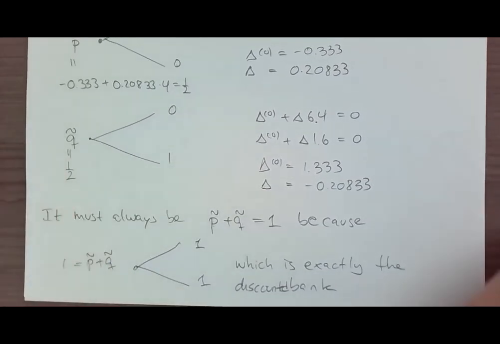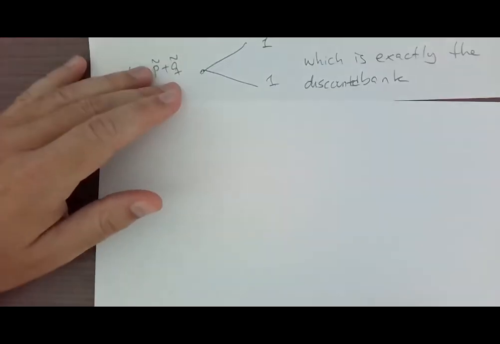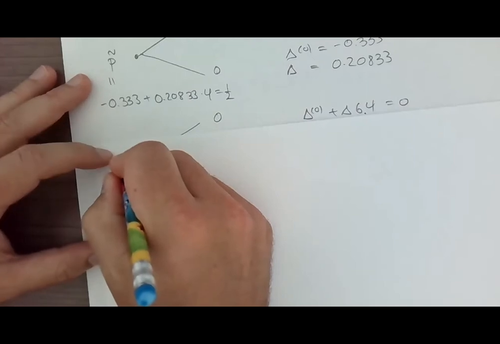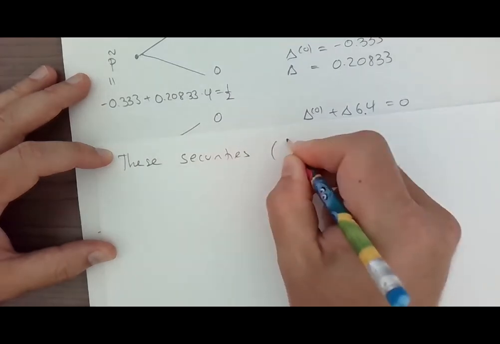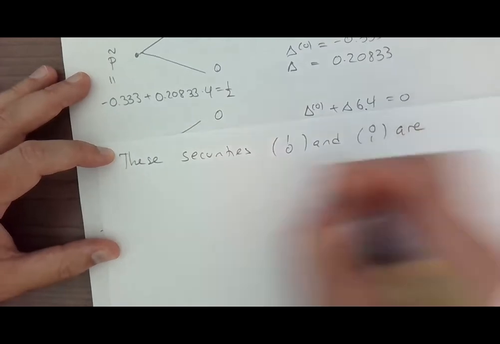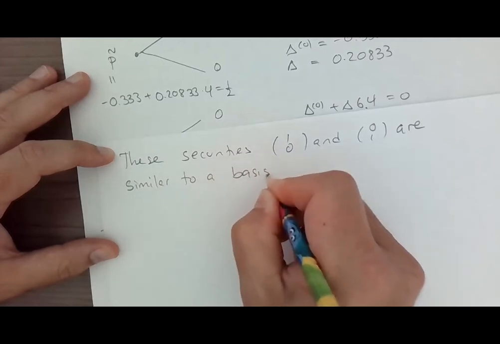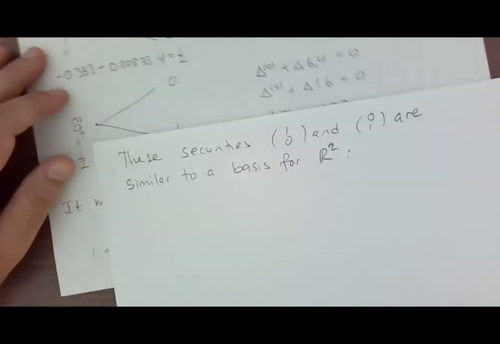So these are the Arrow-Debreu securities, and the reason that they are so effective is that you can very easily compute these derivative prices. They basically work like a basis. So Arrow-Debreu securities, these securities. So here it's 1, 0 and 0, 1. They are similar to a basis. For R2, right? So if you go back to the example,